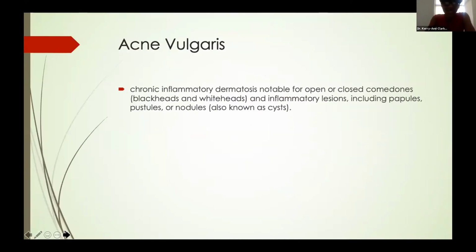And so we're going to talk about acne vulgaris. There are multiple types of acne, acne vulgaris being the more common type. The definition of this is a chronic inflammatory dermatosis, notably for open or closed comedones. The open or closed comedones part is very important when we're seeing our patients because not everybody who comes into our practice with papules on the face will have acne vulgaris. But once you're seeing open or closed comedones, that's basically pathognomonic for acne. We're also having some inflammatory lesions in acne. You're having your papules, your pustules, nodules, as well as cysts.